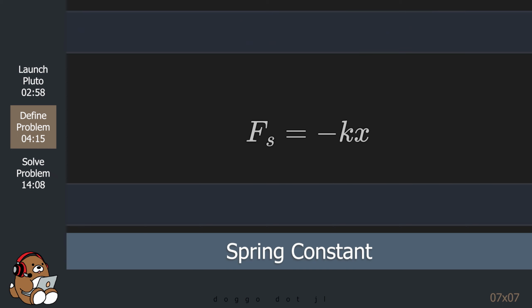The stronger the spring, the higher the constant k. x is the displacement, or location of the center of the mass that is attached to the spring. When the mass is at rest, x is equal to 0. A positive number indicates that the center of the mass is to the right of the equilibrium position. A negative number indicates that the center of the mass is to the left of the equilibrium position.